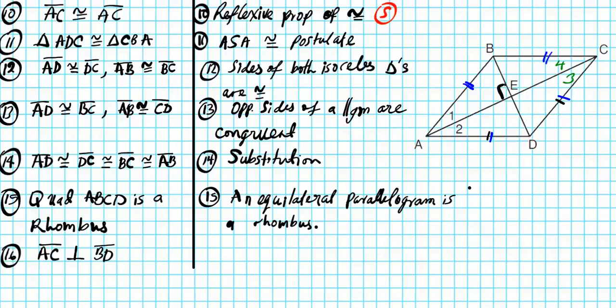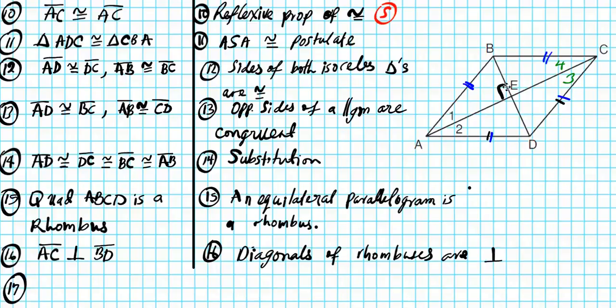Okay, what's the reason? Diagonals of rhombuses are perpendicular. Okay. All right. Next,